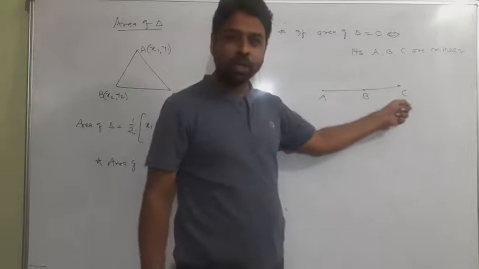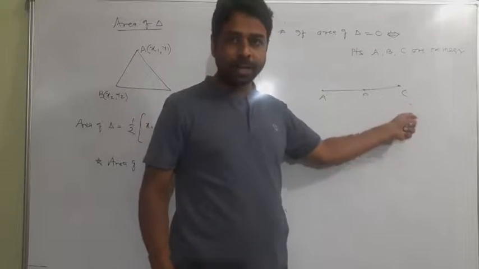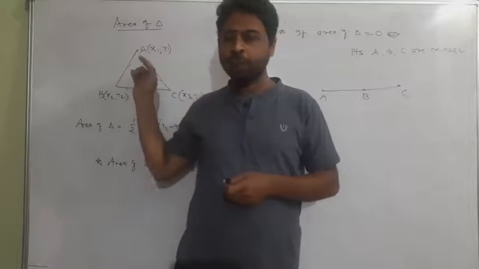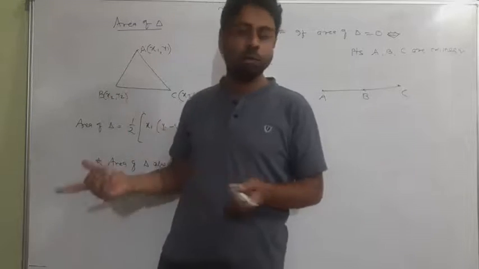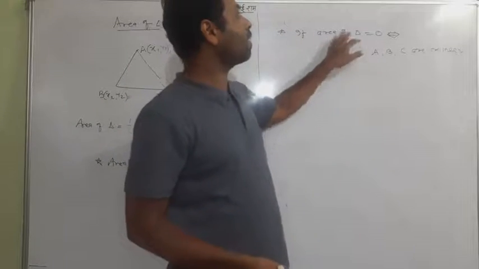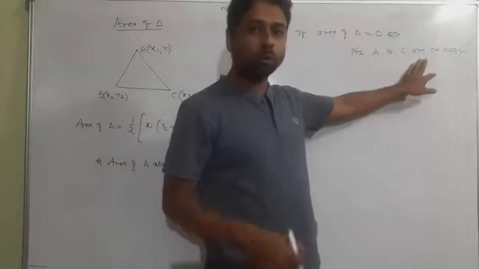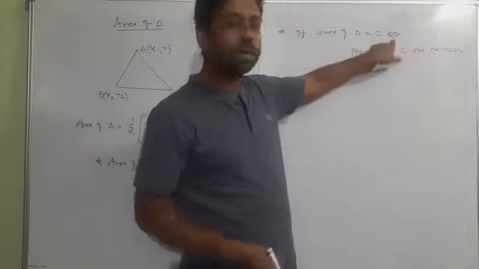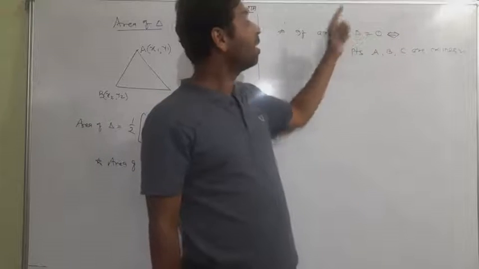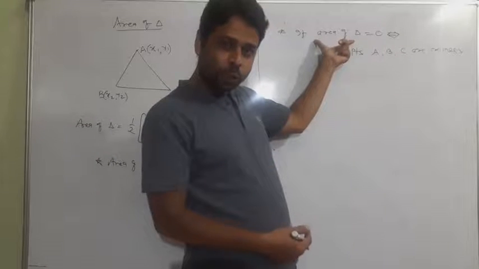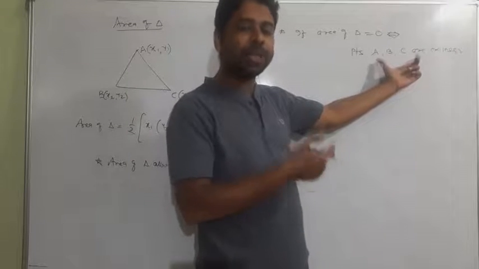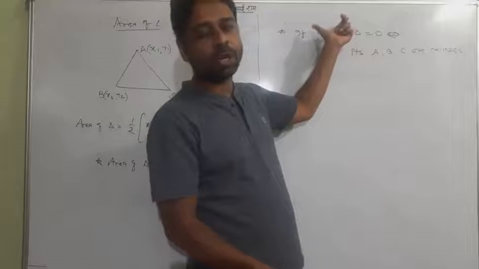When points are collinear, there will be no triangle. When there is no triangle, the space covered will be 0, meaning the area of the triangle is equal to 0. So remember this: if the area of the triangle is equal to 0, then A, B, C are collinear. You can say this is the sign of "if and only if." It means that if you take this, it implies A, B, C are collinear, and reading it in reverse, when A, B, C are collinear, the area of the triangle is equal to 0.